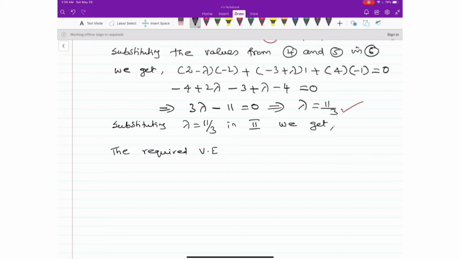So let me write here, because though nothing is mentioned in the question, we are finding out the vector equation of the plane. So the required vector equation of the plane is,